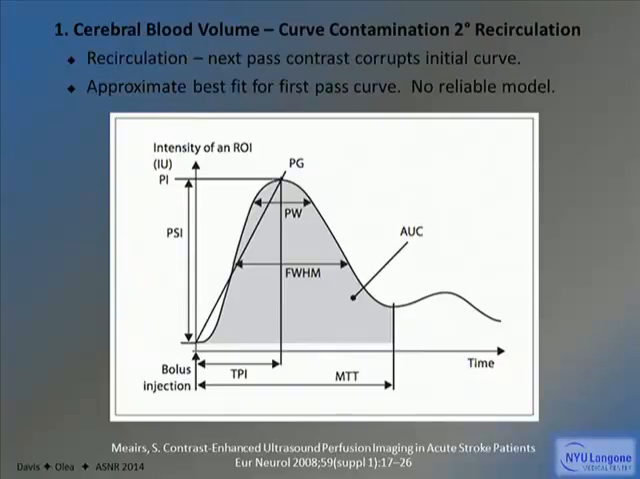Recirculation corrupts the curve. First, the contrast moves through. We see the peak. It starts to decrease within the vessel, and it never returns to baseline because by the end of the curve, recirculation is increasing the signal intensity once again. So to compensate for this, we do a best fit for that curve. So right off the bat, we are already estimating the value that we're looking for, and this introduces bias into